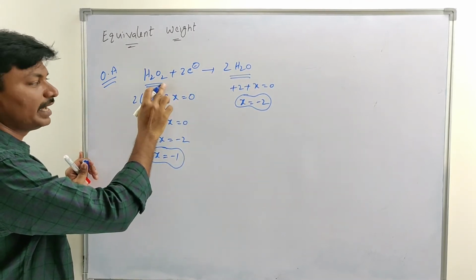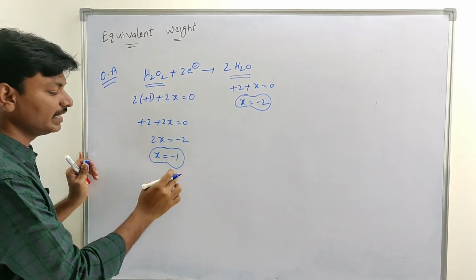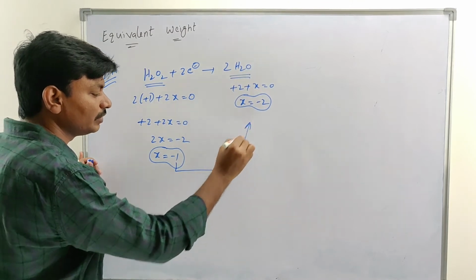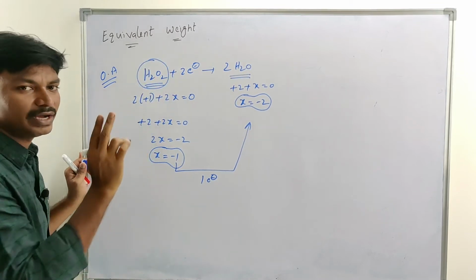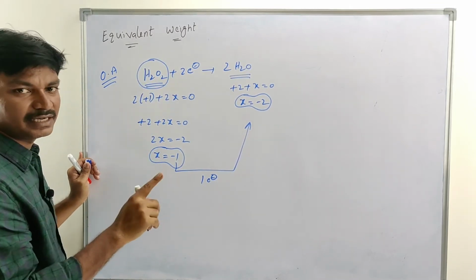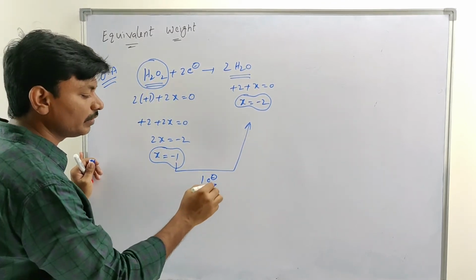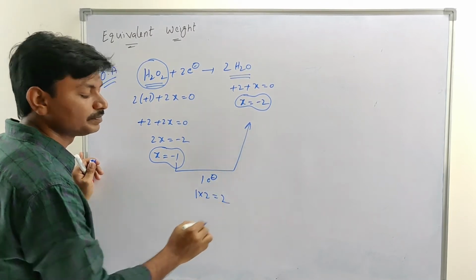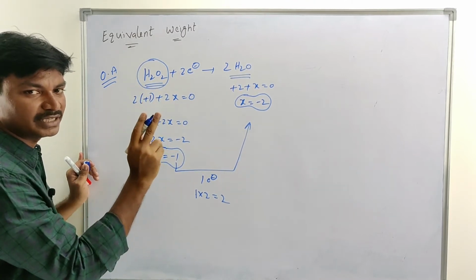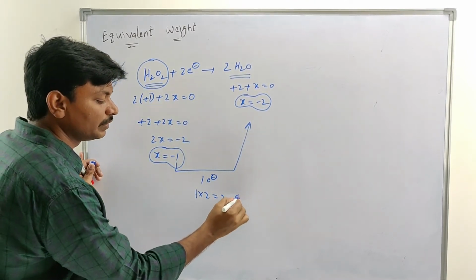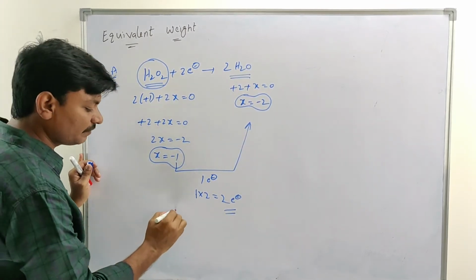In H2O2, that is hydrogen peroxide, each oxygen atom oxidation number will be -1 going to -2, that is, transferring of electrons is equal to 1 for a single oxygen atom. But in H2O2, 2 oxygen atoms are present, each oxygen atom transferring electrons equal to only 1. That is, total transferring electrons is equal to 2. That is 1 into 2. Totally 2 electrons are involved in the given oxidizing agent reaction, and that is the n factor value